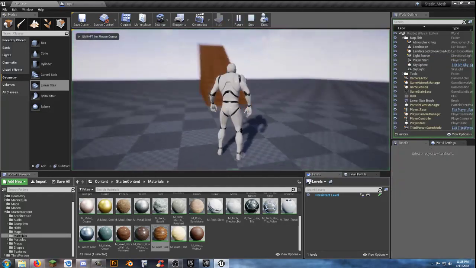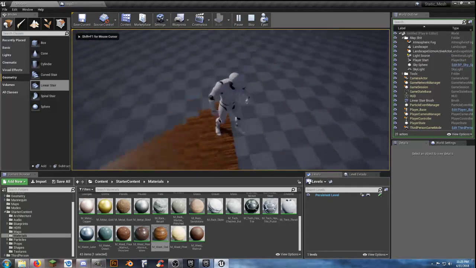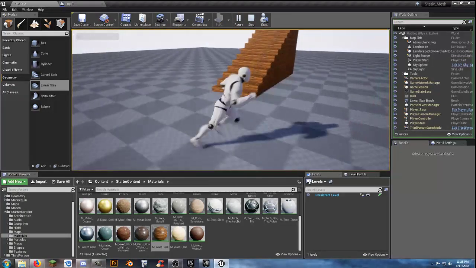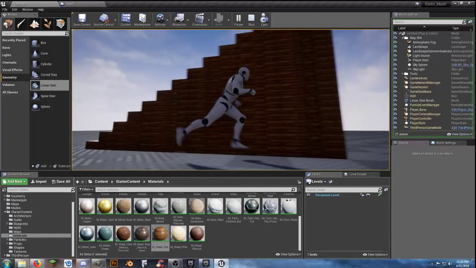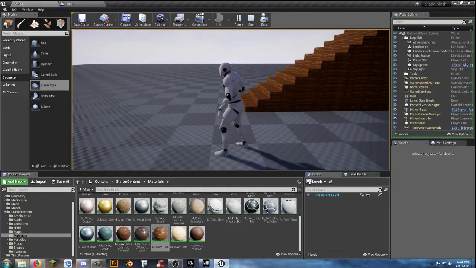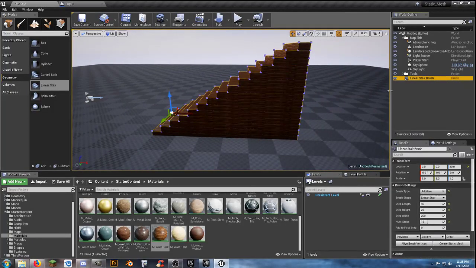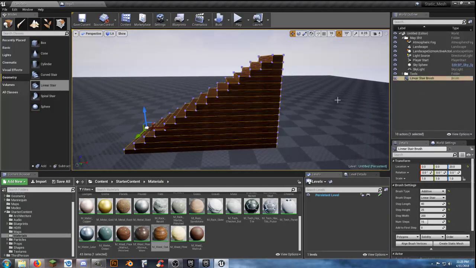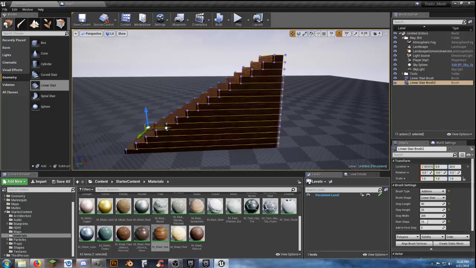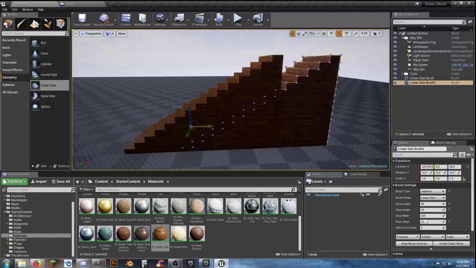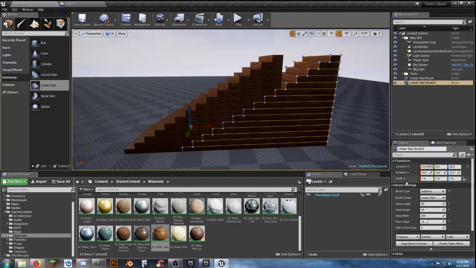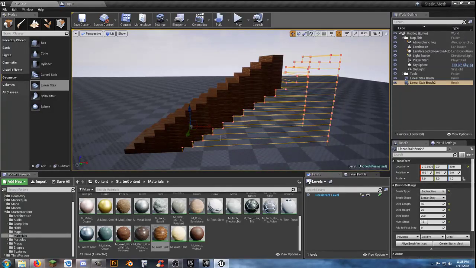So now we've created our stairs, and well, we want a set of floating stairs. So I showed this a couple times already. You grab your linear stair brush that you've created, and then what I want to do is I want to Control C and Control V to make another copy of it, and then I'm going to drag it back a little bit for now, but then I'm going to go ahead and change the brush type from additive to subtractive,